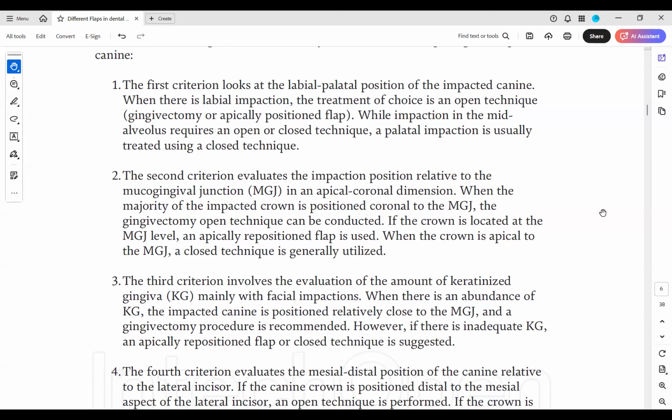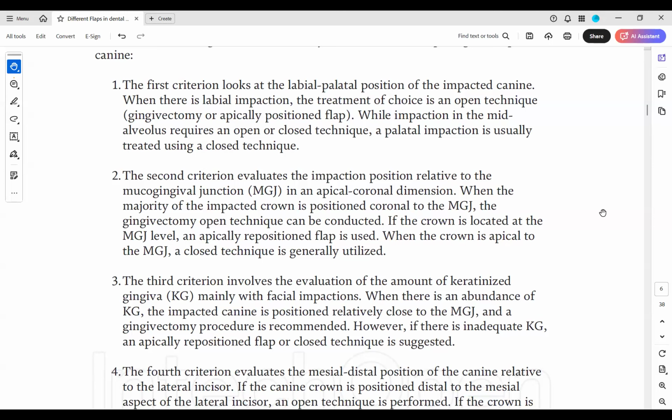One, you can see the band and the wire in an open exposed canine. Other is the closed technique where you expose the canine, surgically create the window in the bone, but then put the flap back. It's like having the impacted tooth back into the mucosa again. And the wire is still coming out. The band will also remain under the flap, and then slowly with traction, canine will come out.